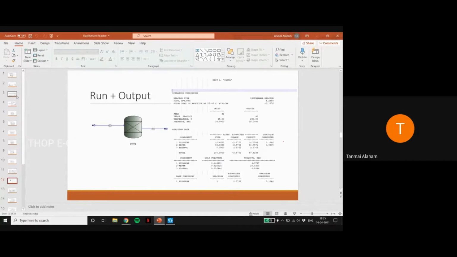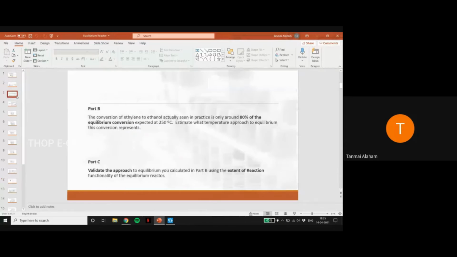Next, I'll go to the part B of the part B and C. Pujit, you wanna take? Okay, cool. Yeah, go ahead. Yeah. So here we're taking 80% of the equilibrium conversion because like you can't it takes a long time to attain equilibrium, so you're just trying for an 80% equilibrium 80% equilibrium conversion. So what we do is here right now, to get 80% conversion, we use a device called a controller. Okay, Tanmay? Yeah.